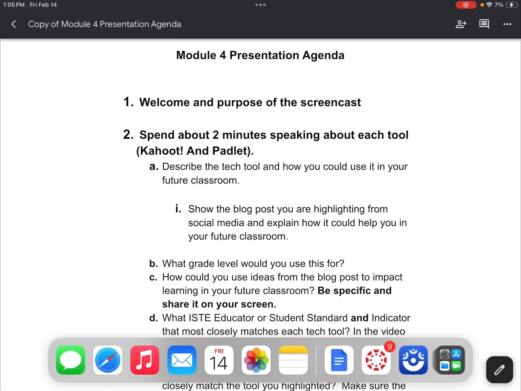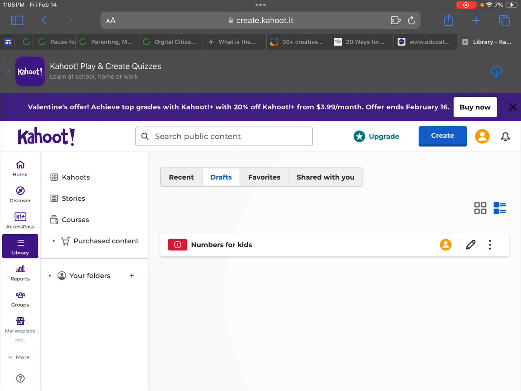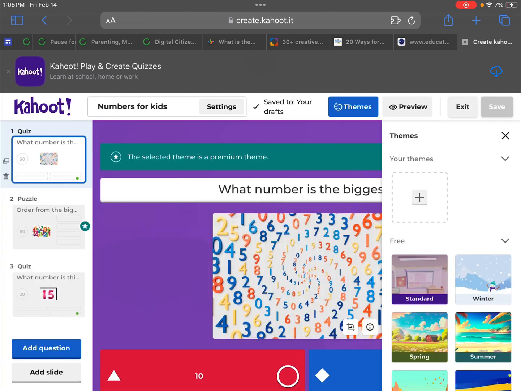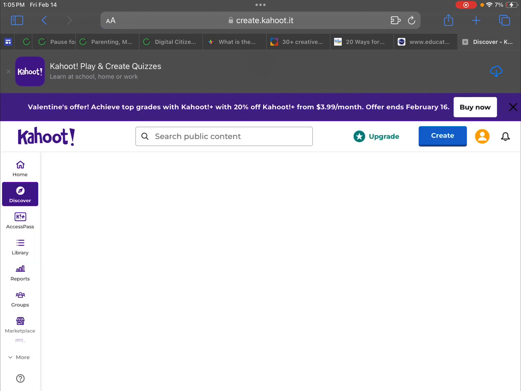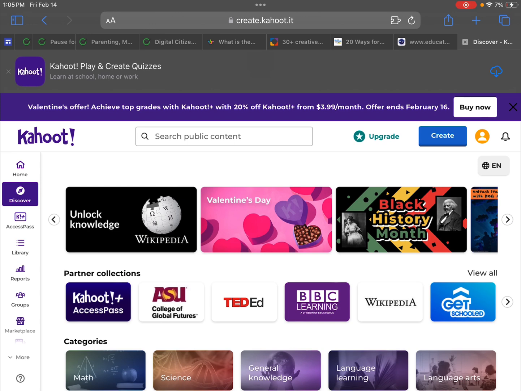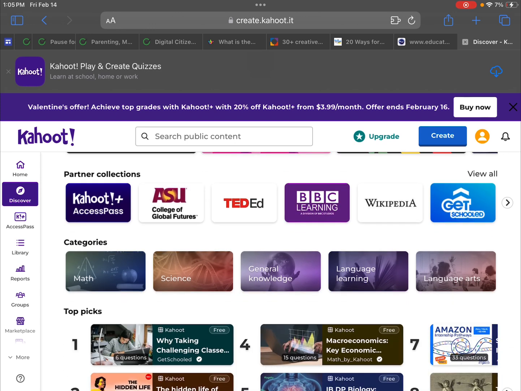I think that Kahoot in the classroom would be a great source for kids to learn new things. So we can see things. I've created one that is for numbers. They have a lot of different resources you can use on here. Math, science, general knowledge. We can look up things such as